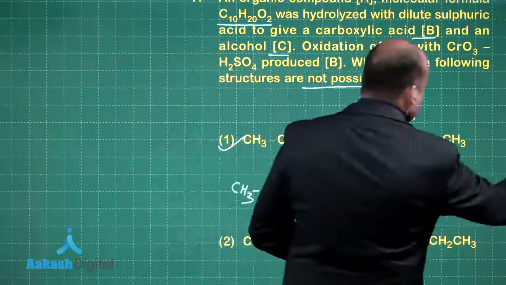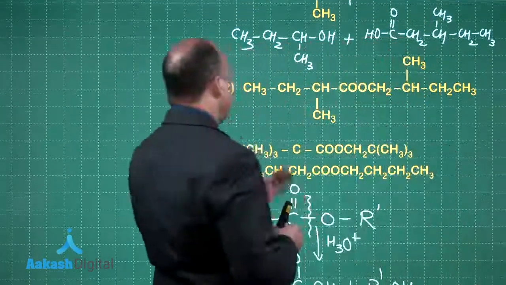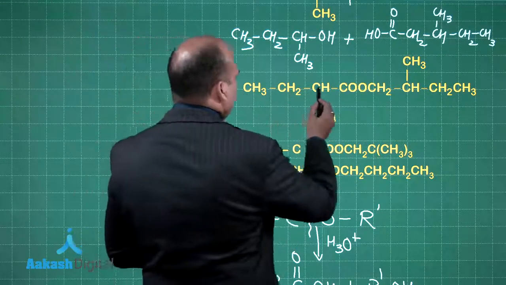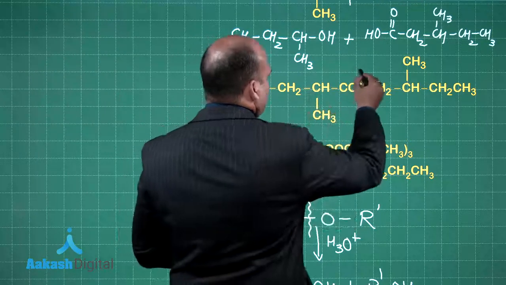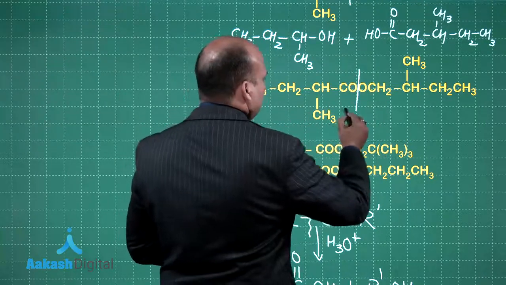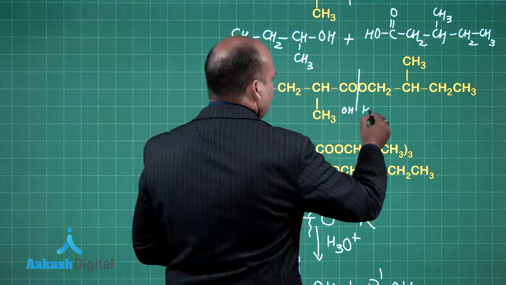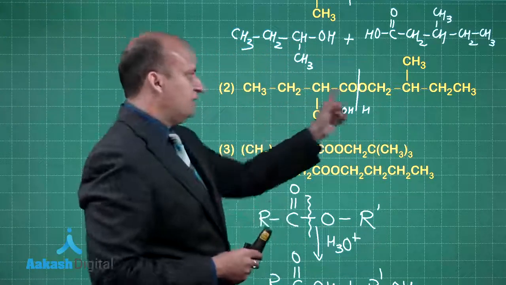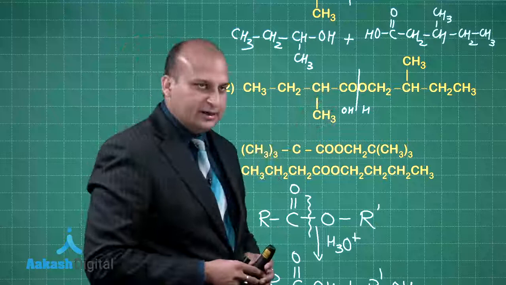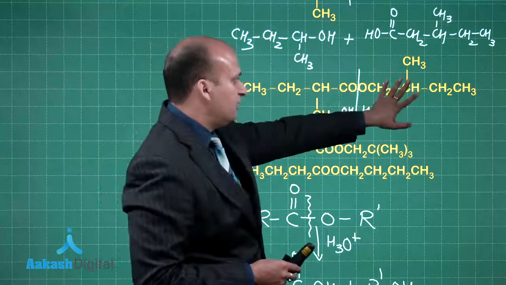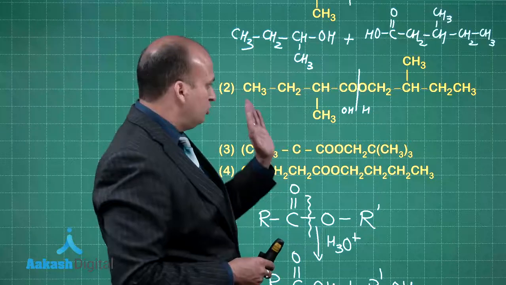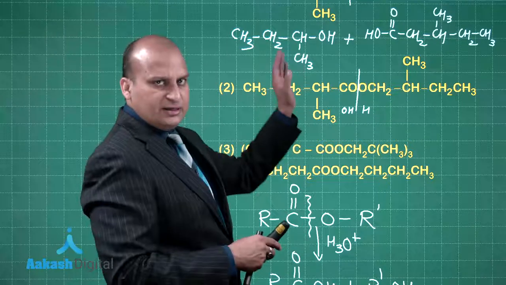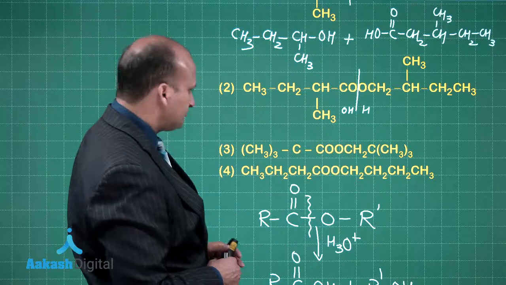Now you have to apply the same concept in choice number 2. Now in this case you are having 1, 2, 3 and 4 and 5 carbon over here. Here the cleavage will take place, you will get the carboxylic acid over here and the alcohol over here, 1, 2, 3, 4, 5. And as you can see in both the cases, the methyl is also on the second carbon. So on oxidation of this particular alcohol, you will get this carboxylic acid. So this can be the possible structure of A, but we have to find out which one is not. So anyways, the answer is first, but I am just applying the concept over here.